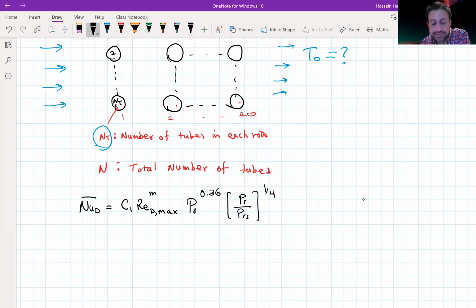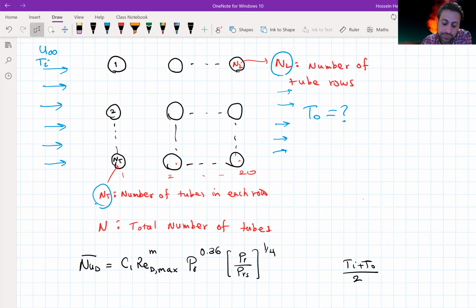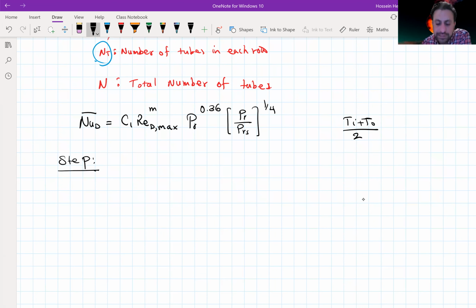And we said Pr_s is evaluated at the surface temperature of the tubes, but the other properties are all evaluated at the average temperature between the inlet and outlet. Now for this bundle of tubes, we often know the inlet temperature, but we don't know the outlet temperature. So the process is iterative, and the steps to do the analysis for the bundle of tubes are: